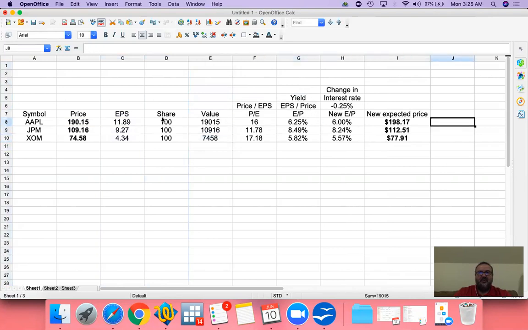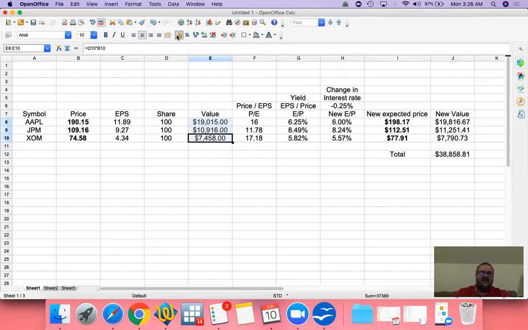Now, based on the new prices, the new value of our portfolio will be 198 times 100, and our total portfolio value then will be the total of these three, and then our previous total before the rate cut was